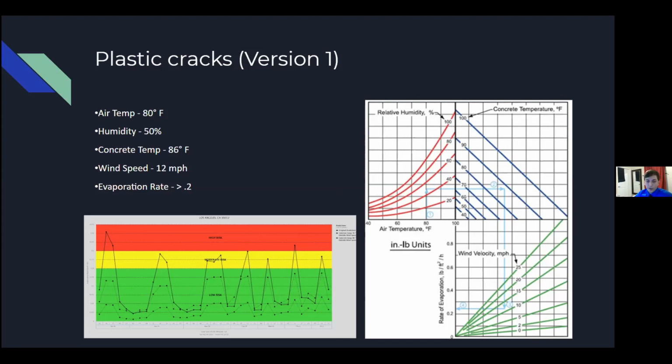In the bottom left here, we have a sample, something similar to the original output of the original Plastic Cracks, which shows the risk level of these plastic shrinkage cracks occurring by day and each day's risk level. And then on the right is a small chart to show the interaction and relation between these different ambient metrics that we use to calculate the rate of evaporation. I'll go more in detail about the Plastic Cracks implementation that we're using when we go